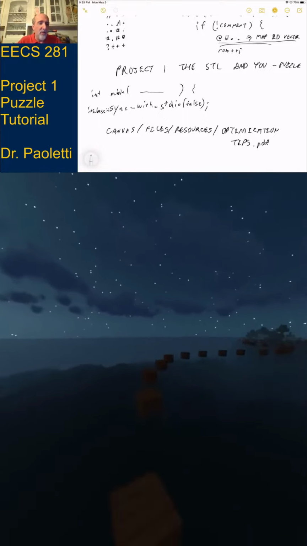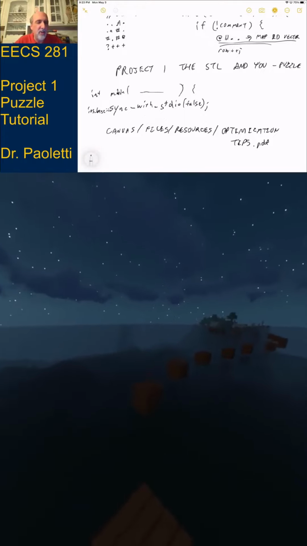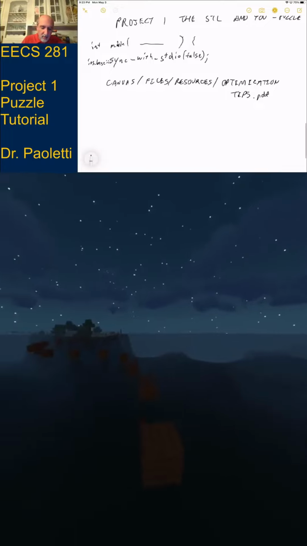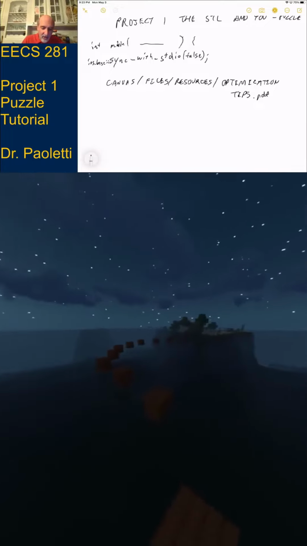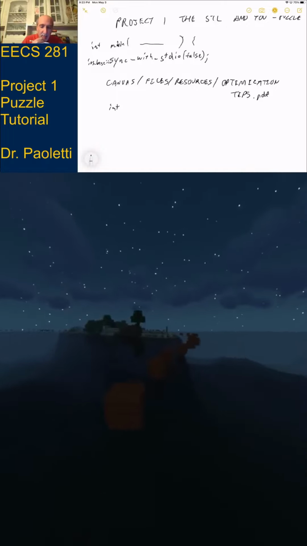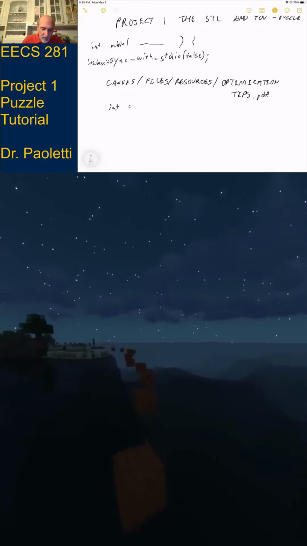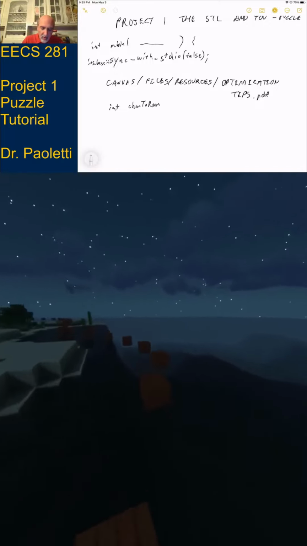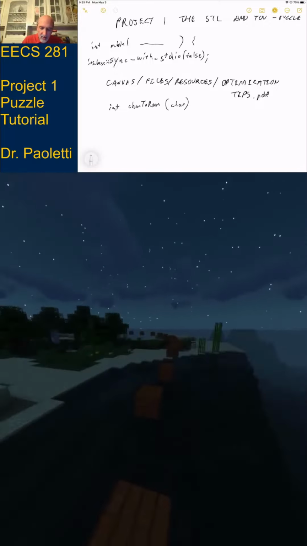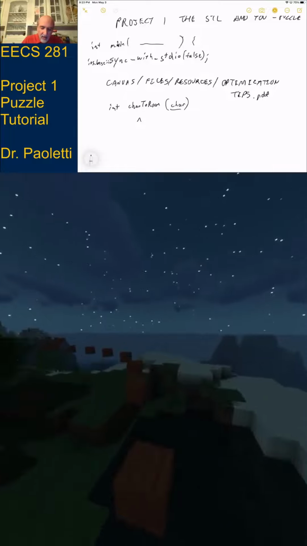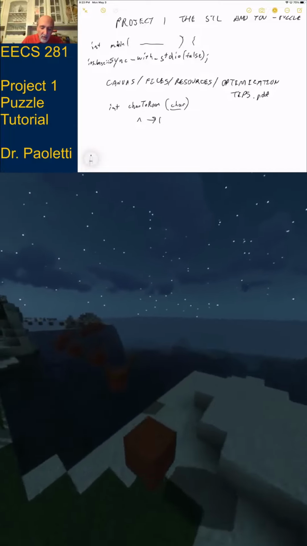Other things you should do, other things that are in the Project One STLNU, is have two functions. One of them returns an integer, and we could call it something like char to room. So what this function needs to do is, if you give it a character that is a caret, it would return a room number 0.